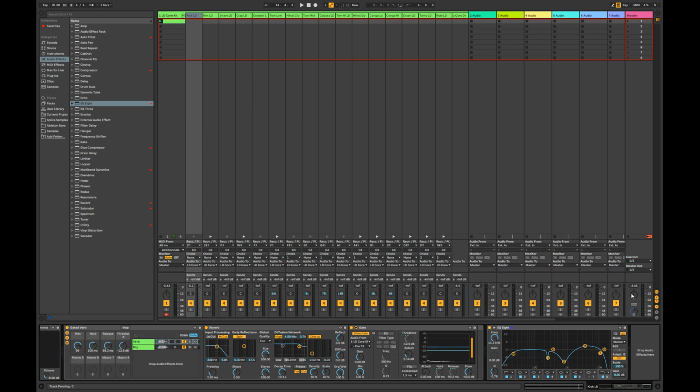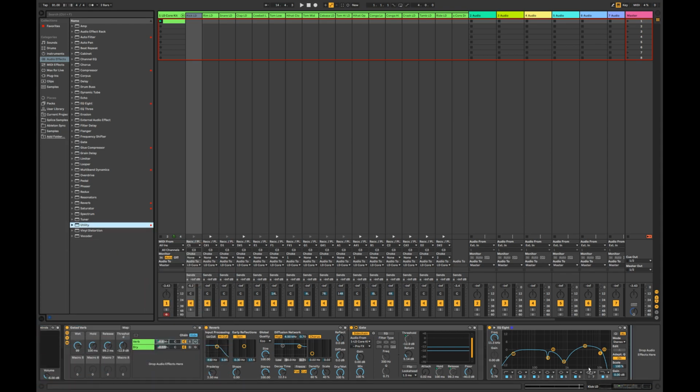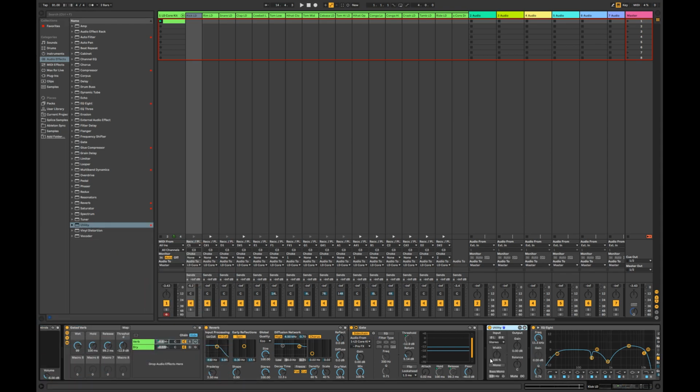Now, how do we make it not get sloppy? So first, let's grab a utility. And you may want to put the utility before the EQ8, actually. And bass mono. 120 hertz. Let's bring it up to 200 hertz. 207 is fine. So what this is going to do